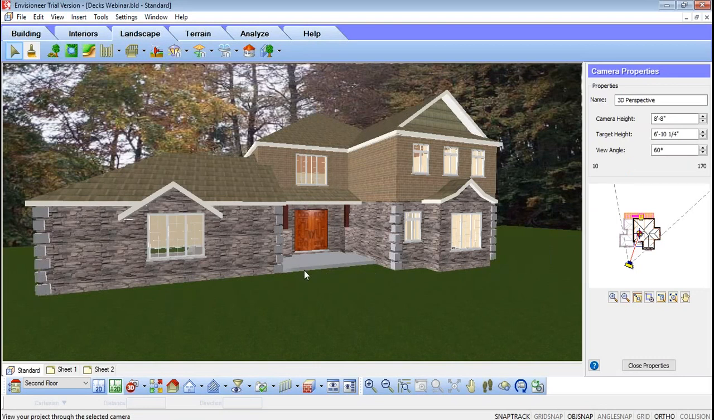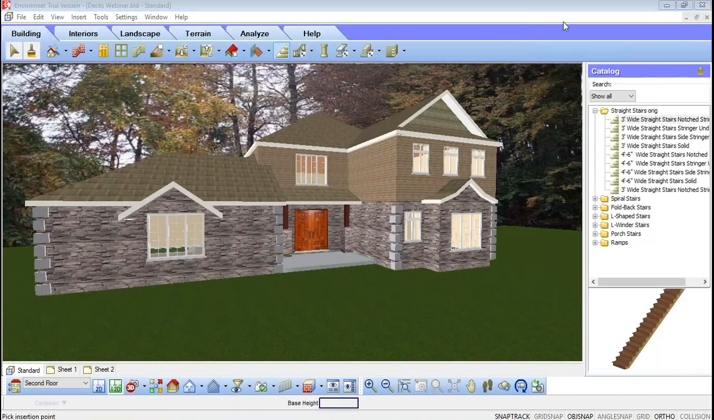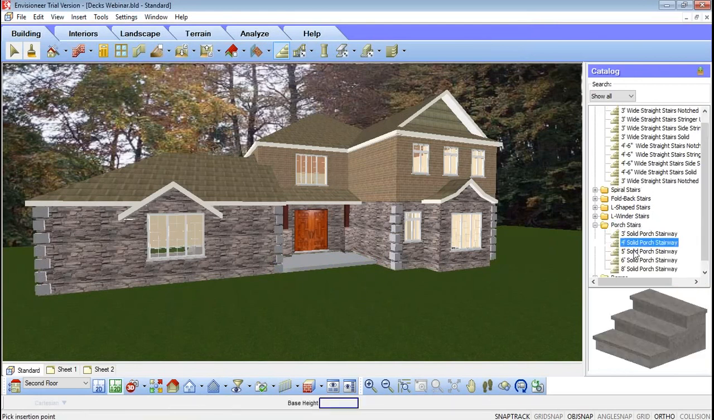If we had a different elevation, or we had our pad up a little bit higher, that we needed a step, instead of using the deck stairs tool, we could just use our general stair tool, where if we click on the stairs, under porch stairs, we've got our concrete porch stairs that we could use, and I could take and insert those if I'm on my ground floor,